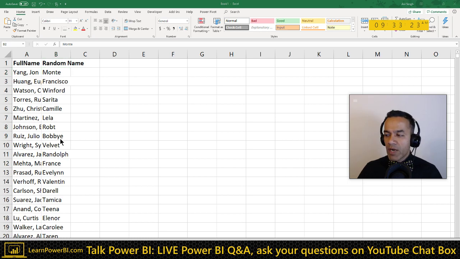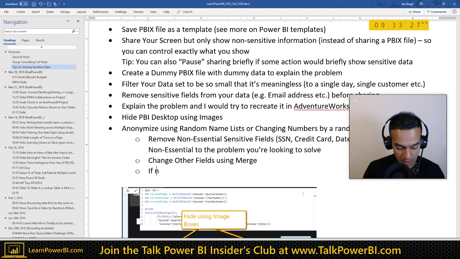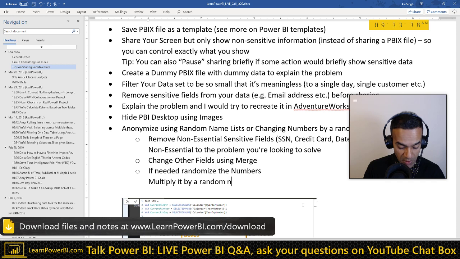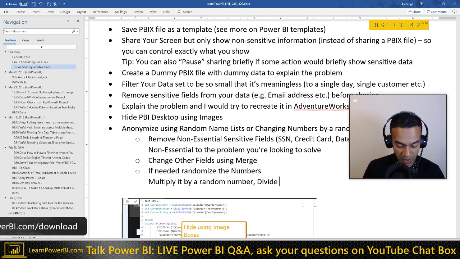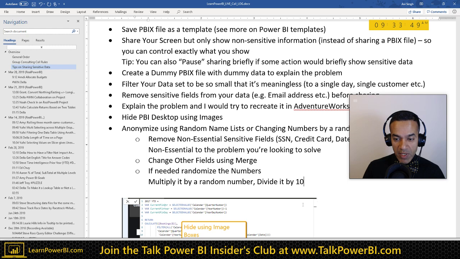Then what I would do next, if needed, is randomize the numbers. If you have your sales amounts in there, you can multiply them by a random number, or divide by a really big number, let's say 1 million, and it looks like decimals. That way people wouldn't know what you divided it by.